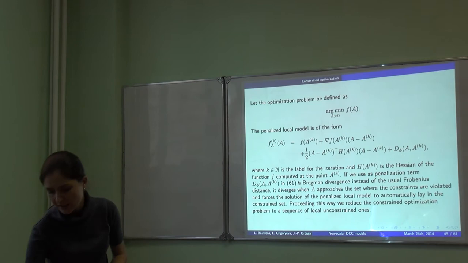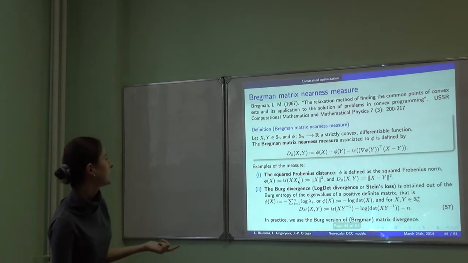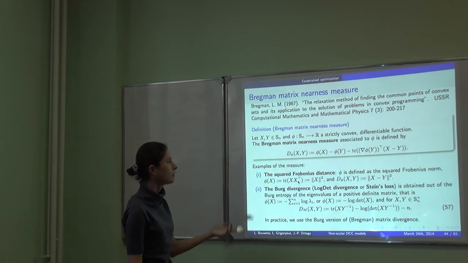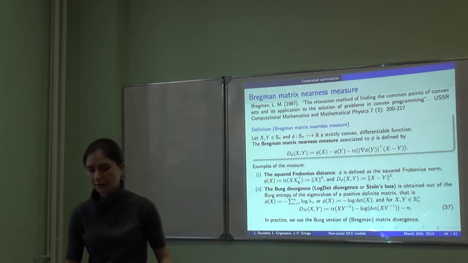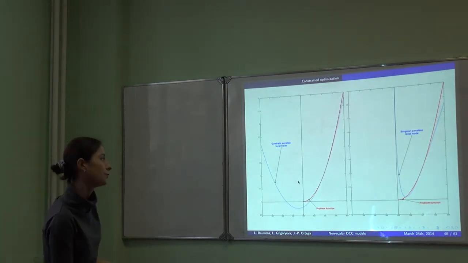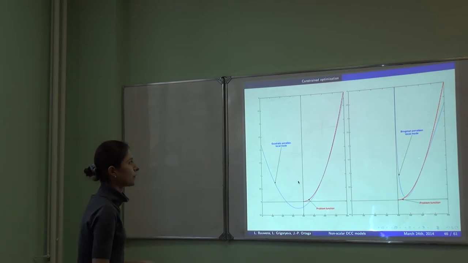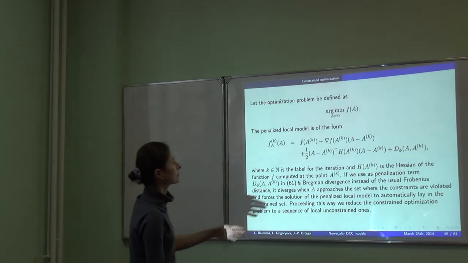So, if you want just a simple plot in this case, what people usually do is, for example, you can think of taking the Frobenius distance as some kind of Bregman divergence, but it's not good for our problem, because it doesn't give us what we want. Well, assume that we are working with some function.